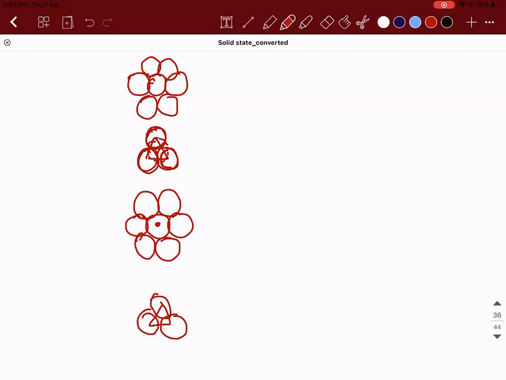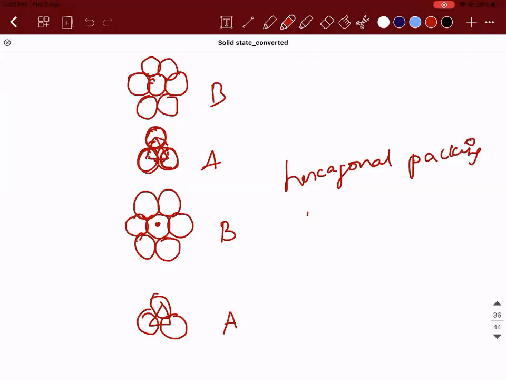So this is known as hexagonal closed packing. Okay. So this is of A, B type. Clear? So this is known as hexagonal closed packing. Clear? So the coordination number is 12. Okay. Now, hexagonal closed packing, we have done it for the tetrahedral voids. Clear? Now, do it for the octahedral voids. Take the first layer, place the second layer on the top of it, and the third layer.